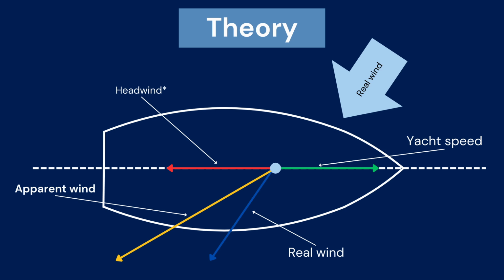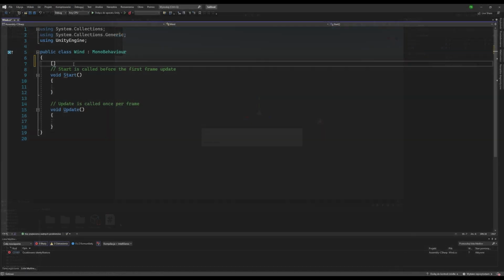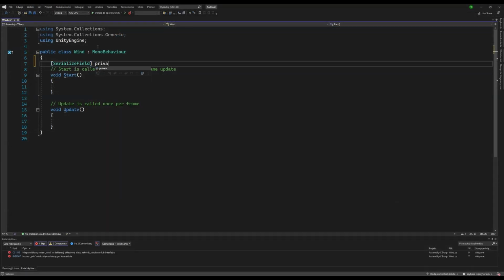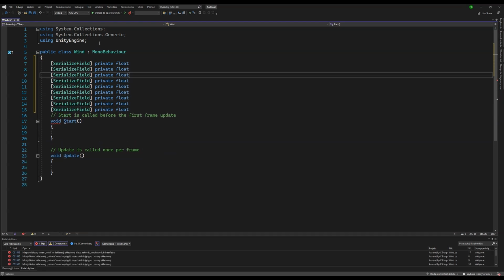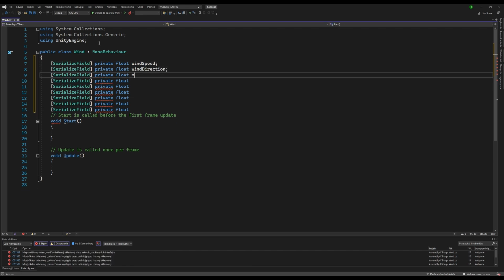Okay, that's enough theory, let's get started with practice. First of all, we need to add wind to our scene. So create a new game object named Wind, and next create a new C# script. To simulate wind, we need the following float variables: the wind speed, the wind direction, maximum wind speed, minimum wind speed,